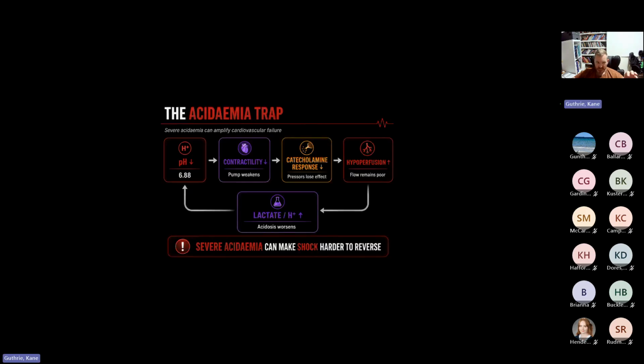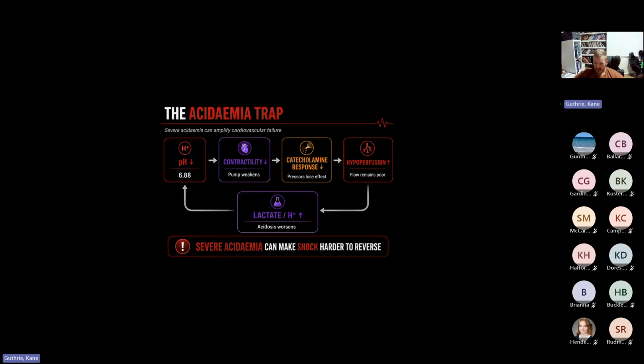Noradrenaline works its best with a pH above 7.2. Once you start going below 7, this is where you get into this acidemic trap. So the pH will drop, you get worsening contractility of the heart, so the pump weakens,